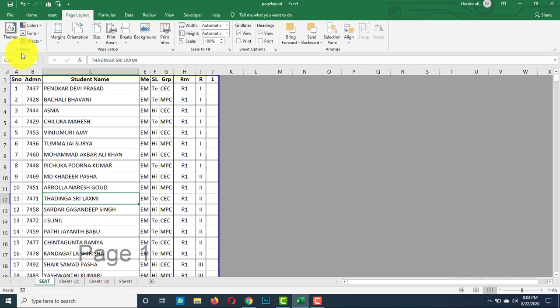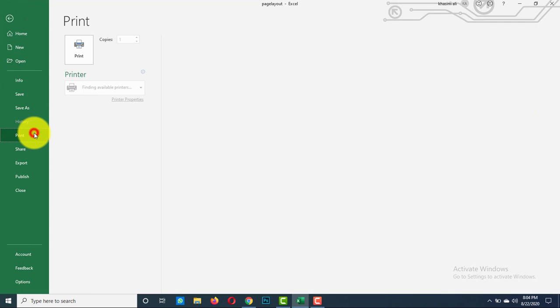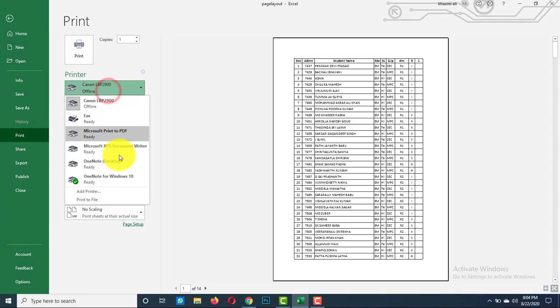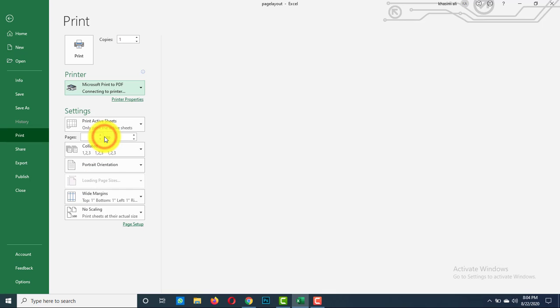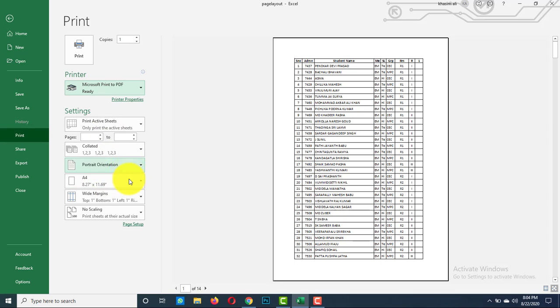Now here go to File menu and click on Print. Here select Microsoft Print to PDF. This comes by default with Excel 2019 program. See, select Microsoft Print to PDF and select your orientation, page size, margins, etc. and click on Print Preview.